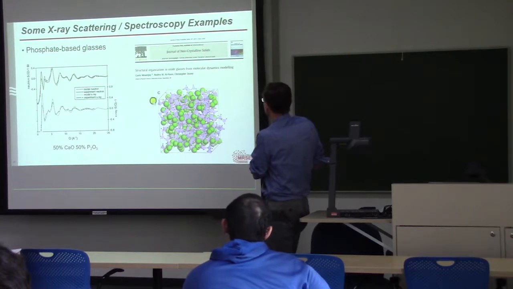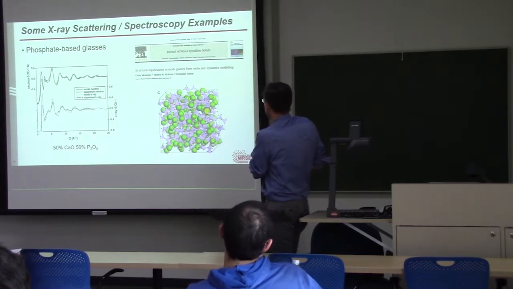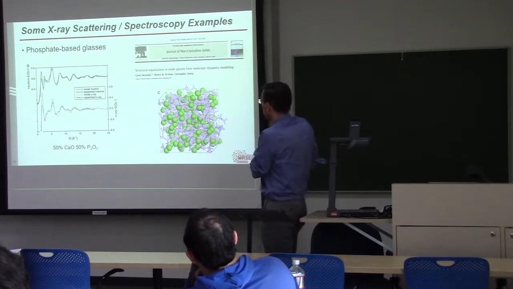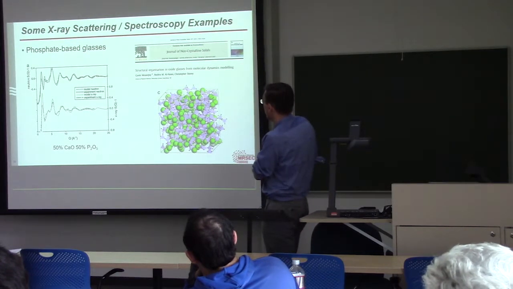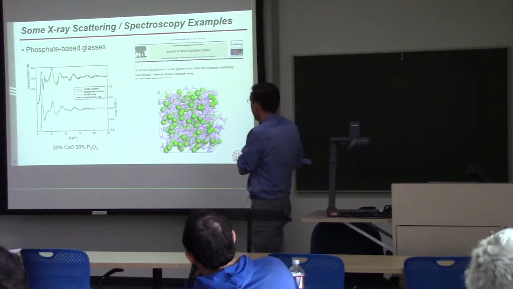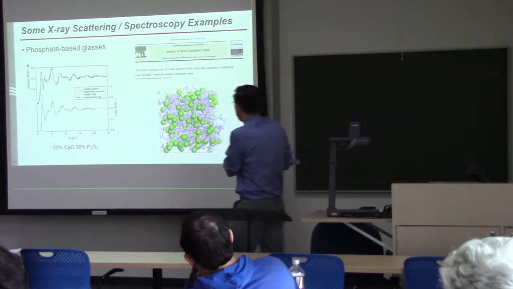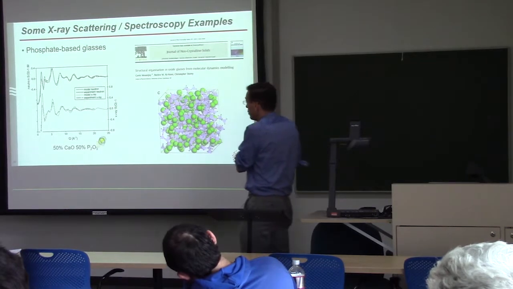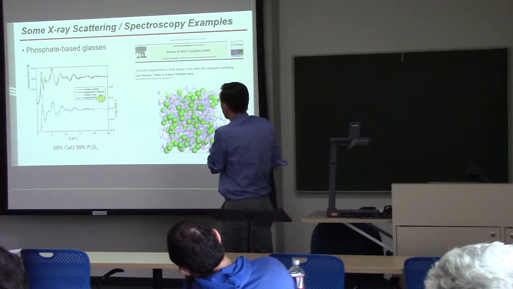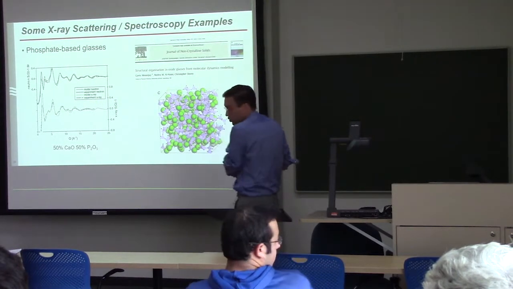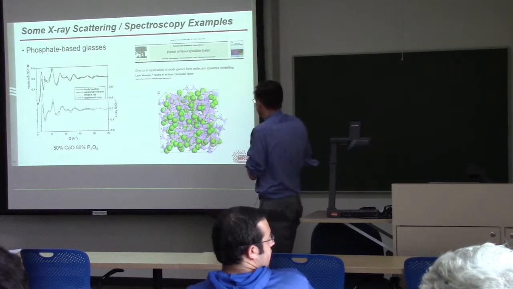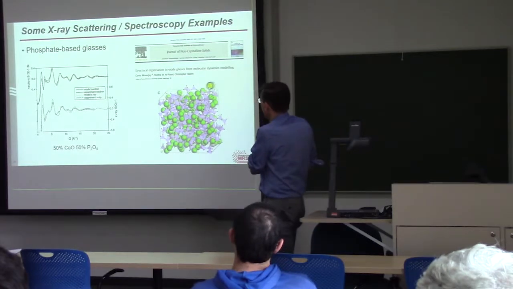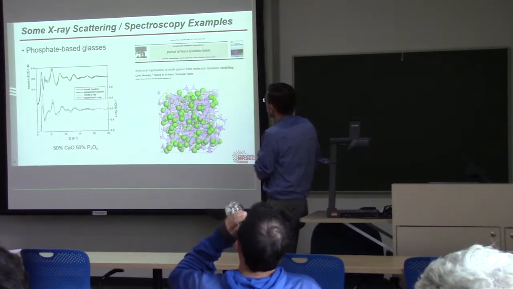This is a phosphate glass molecular dynamics simulation. You can see there are the tetrahedra here, and I won't go into the structure very much except to say that the molecular dynamics prediction that you would make of this glass fits with the X-ray and neutron scattering data. So you can accurately work back and forth between this structural idea of forming bigger building block materials, amorphous materials, and the scattering data.